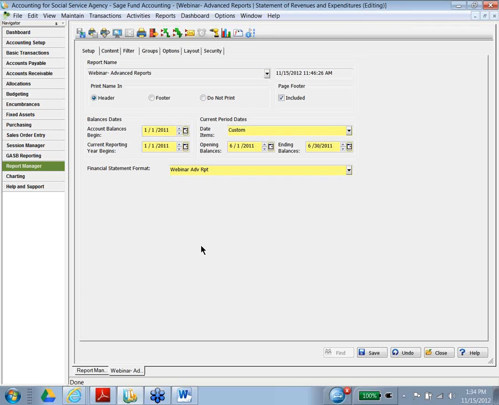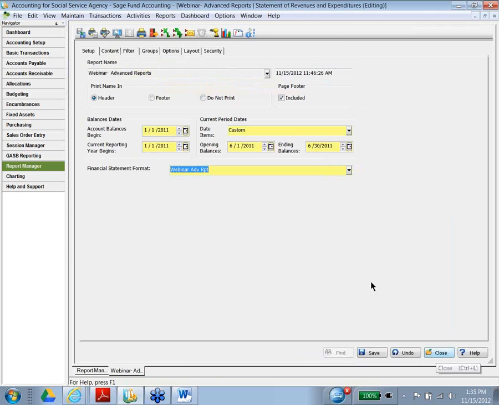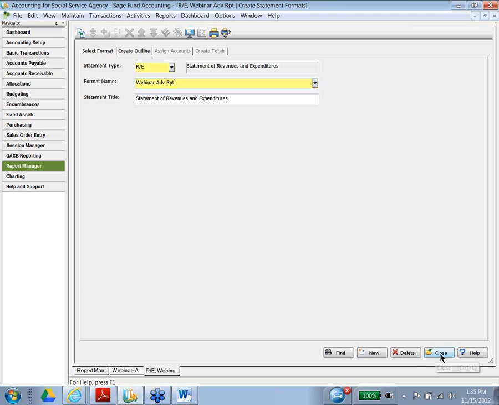And then what I'm going to do is, if you're at a report and you have a format already in there, if you want to use that format, you can go to this little icon and it's going to go to the financial statement format screen. And that's it. Okay? Oh, by the way, if you do that again, you can pick any formats that have been created already for revenue and expenditure reports. Another way of doing it